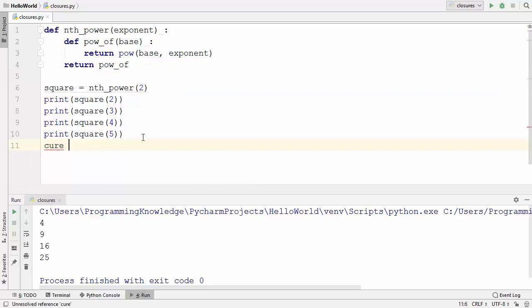Now whenever I use this function once again, so let me declare one more variable, and this time I want to declare a cube here, and once again I'm going to use the nth power to find out the cube of numbers. So now this 3 is passed as an exponent here, and this exponent is going to be passed inside the inner function. So exponent value is 3 here. That's why we are going to get the cube of the number which we are passing as the base argument